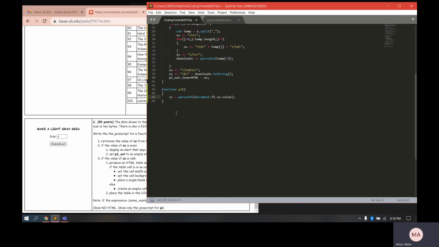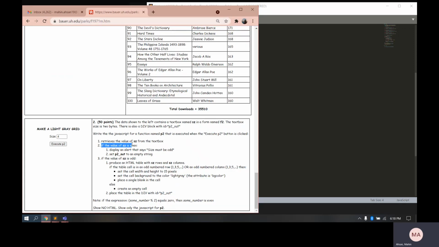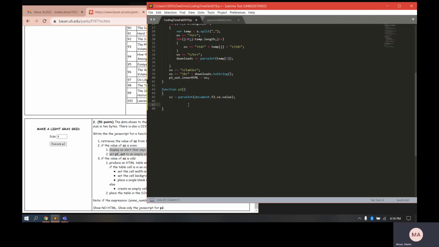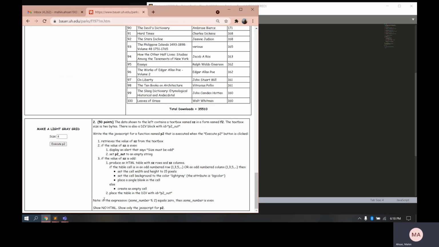So we just did the first question. All right, so the second question is saying if the value is even, then we're going to do these two things. So if SZ, so how do we determine if something is even? He did put a note in here that if something, and then you do this mod function,